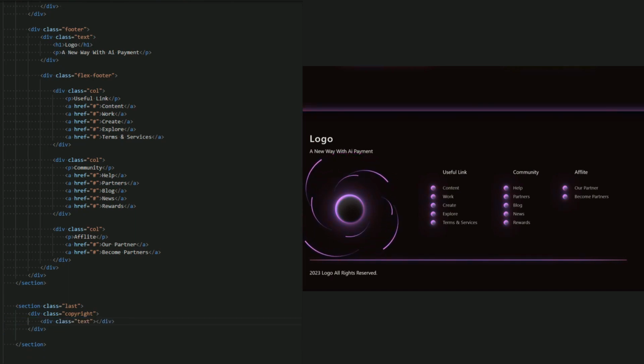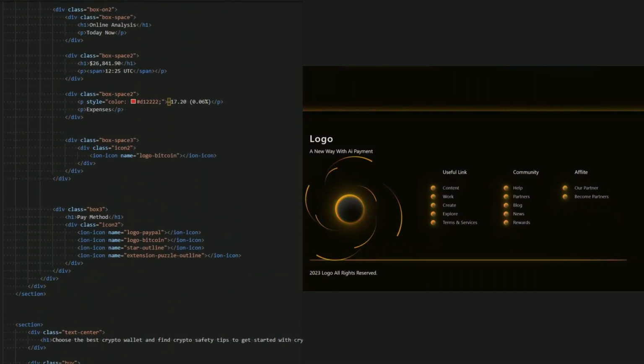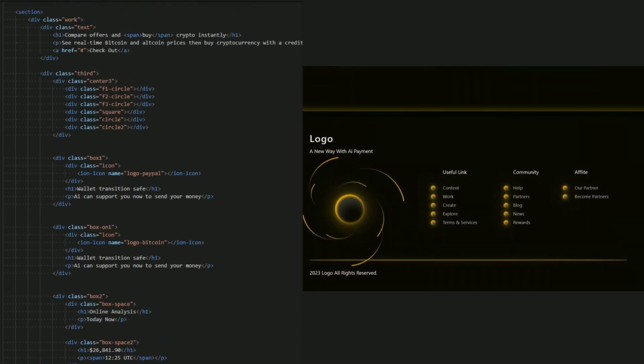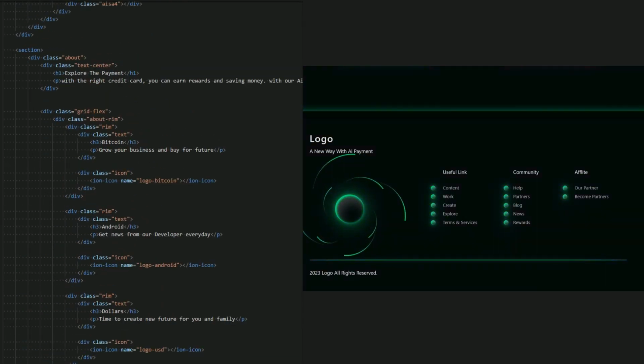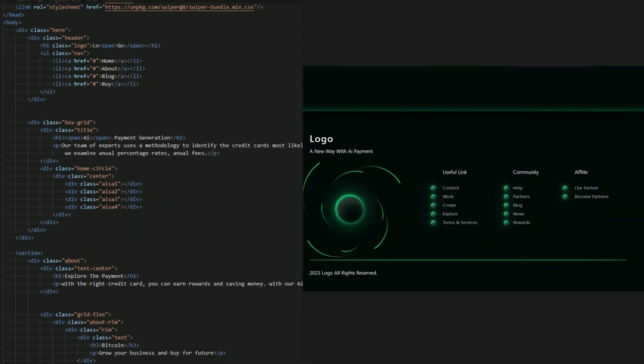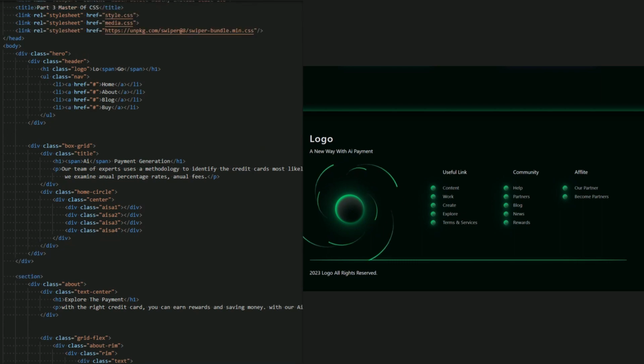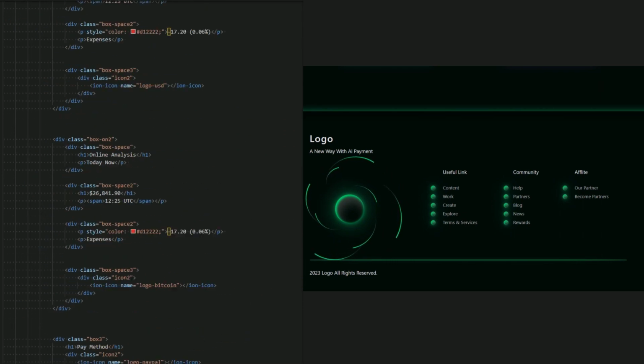Okay, and p, let me copy and paste it. Here we go. Okay, this is our HTML, as you can see. I know this is too many divs, but yeah. And we check the website when we add the CSS style if we have any problem with the HTML. But yeah, this is everything.